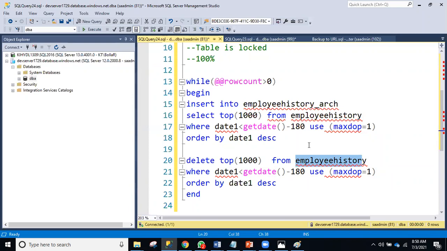So we have done a lot of tuning on stored procedures using the same technique. See team, here also there is a problem, right? I'm using the same table 2 times. Why do I need to use it 2 times? 2 times I am locking the table for the same rows. If it is different rows, that's fine, but same rows, same logic, same where clause.